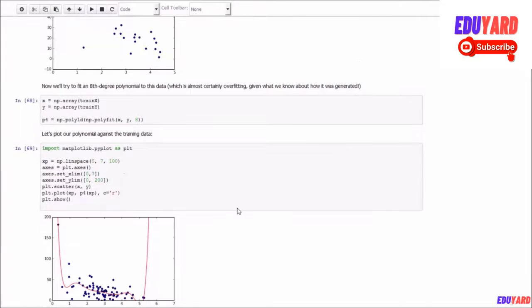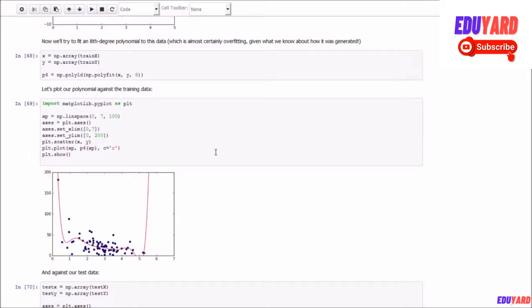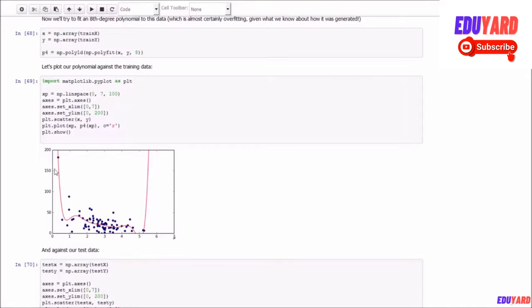So let's go ahead and plot the polynomial. This comes up with a fit against the training data, and we can scatter our original data here for the training data set, and then plot our predicted values against it. You can see here it looks like a pretty good fit, but clearly it's doing some overfitting.